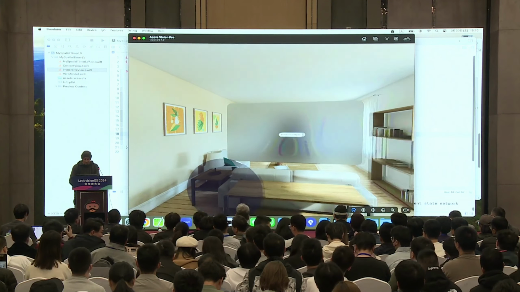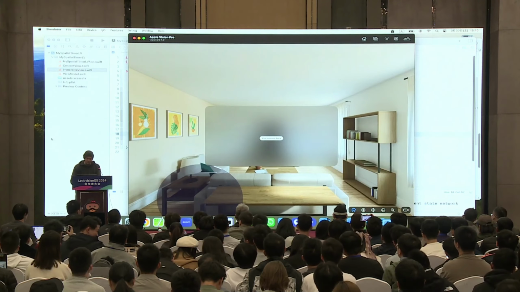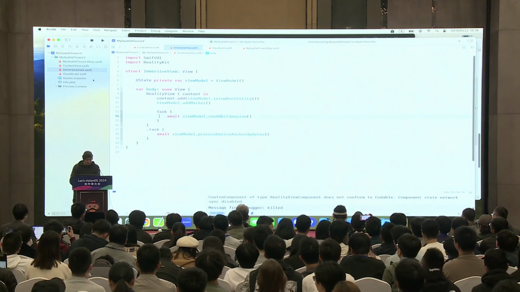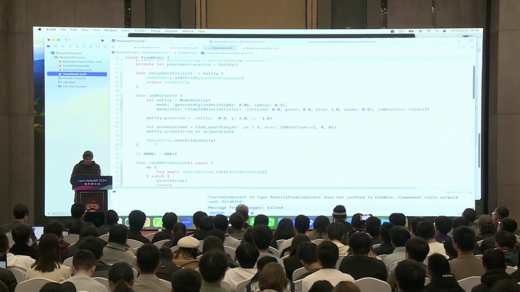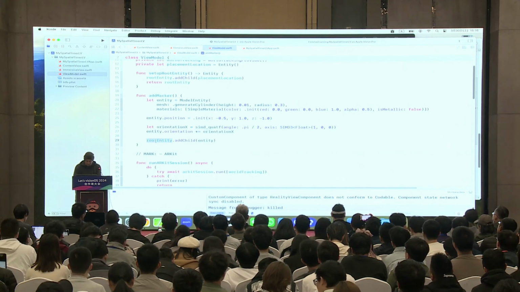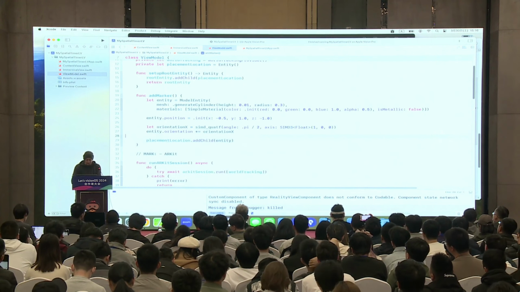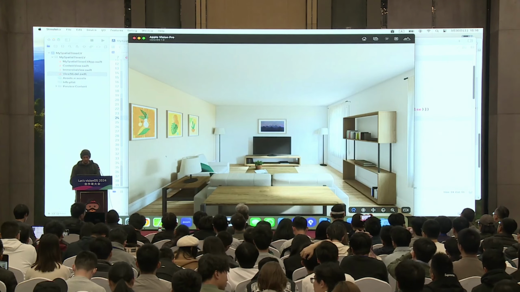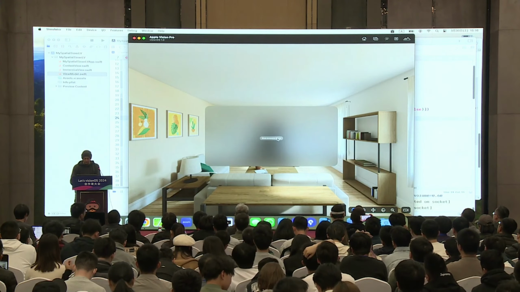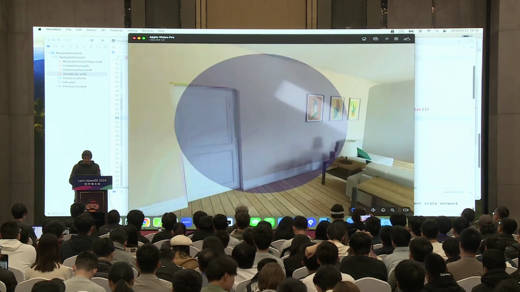Oh, I know, I got a mistake. I need to add marker to placement location, and I don't need this part. Okay, following.